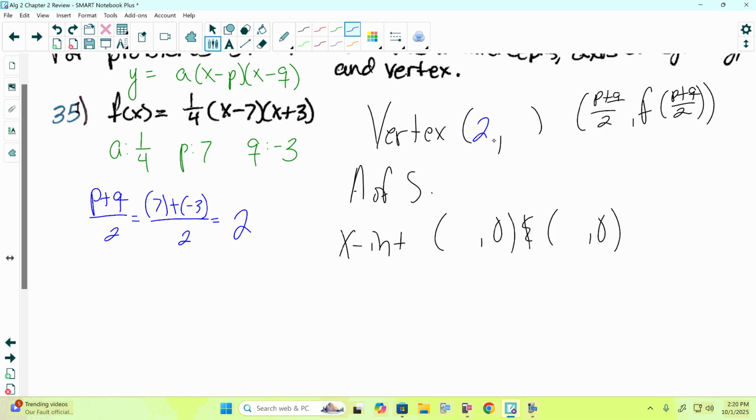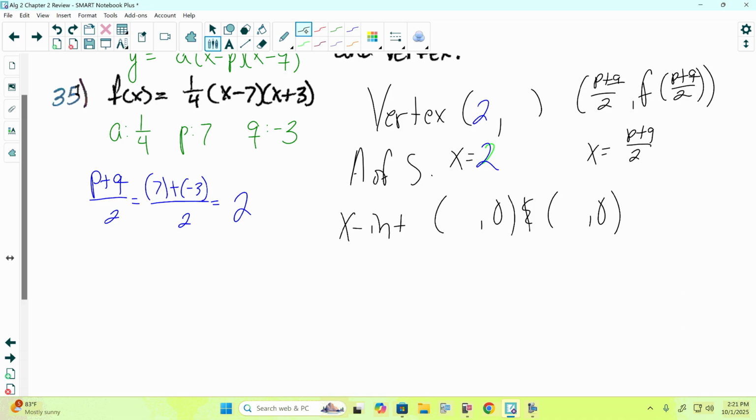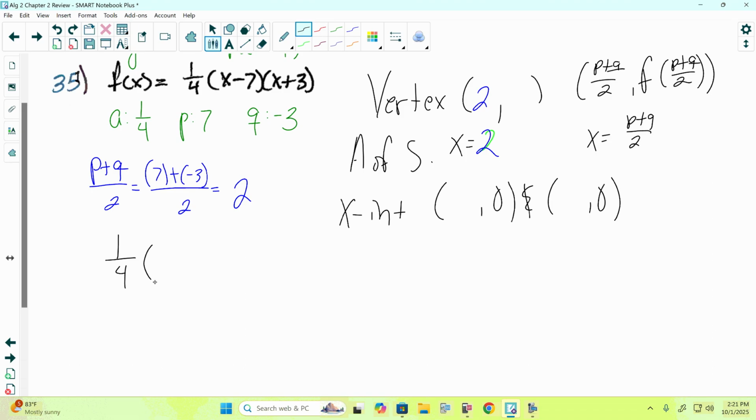Now the bell is going to ring in a second, so we're going to finish this up first. Axis of symmetry in the general form is x is equal to P plus Q over 2. So in this case here, x is also equal to 2. Now the f of P plus Q over 2, we're finishing this here. F of P plus Q over 2, all that's saying is take the value of P plus Q over 2 and plug it back in. So we'd have 1/4 of 2 minus 7 times 2 plus 3. And at this point here, we can plug all this into the calculator, and it'll tell us that it's negative 25